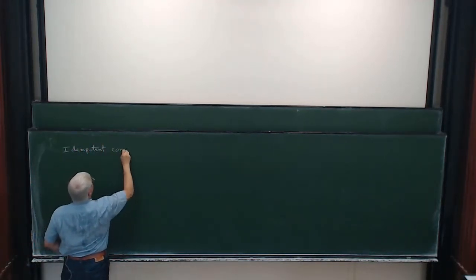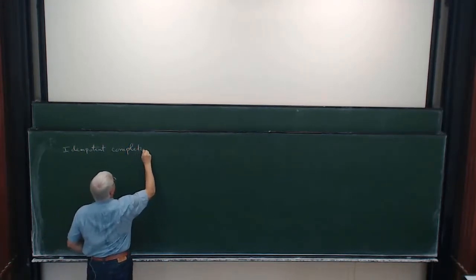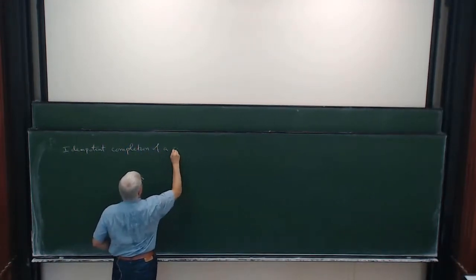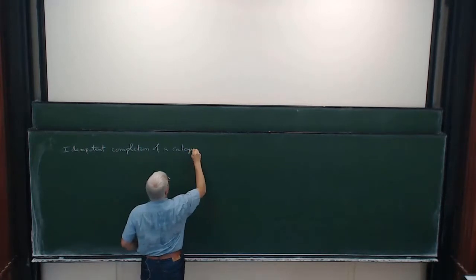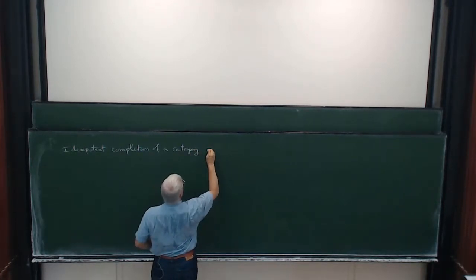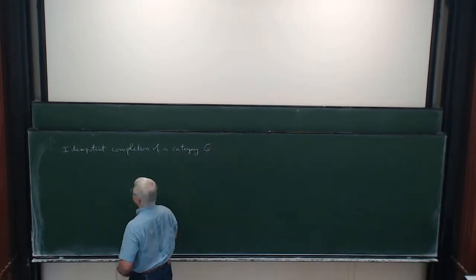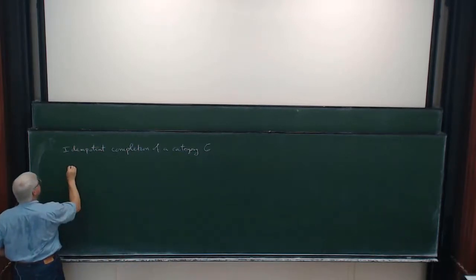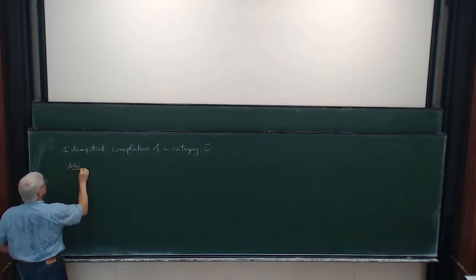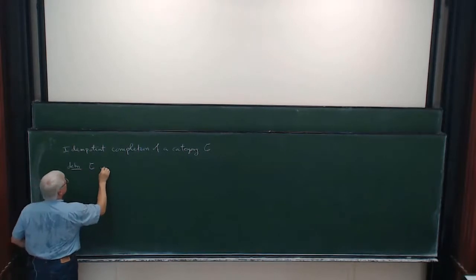Okay, so today I want to start by wrapping up some loose ends. And the first thing is idempotent completion of a category. So I guess I'll call the category C. So we say C is idempotent complete